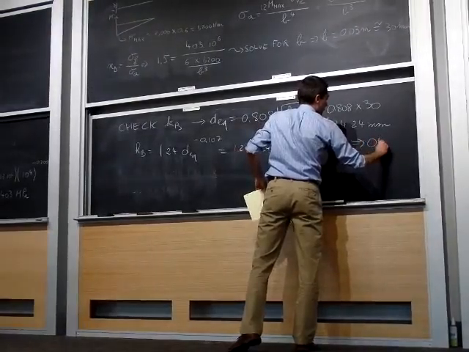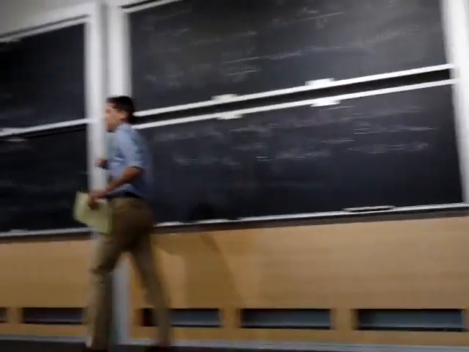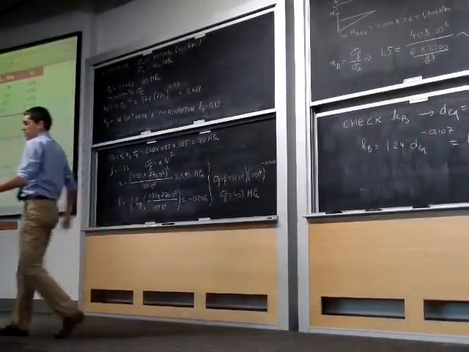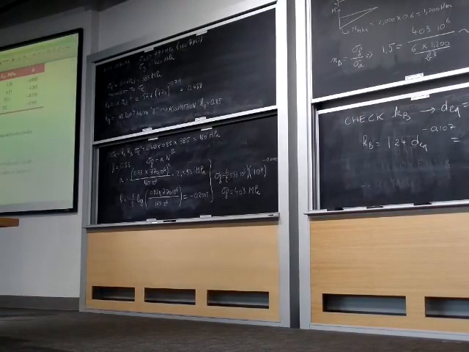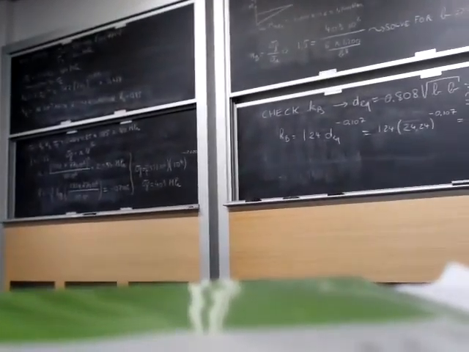If we were to find a KB value that is significantly smaller than 0.85, that means that we were not conservative enough when assuming KB. And so we have to go back to that new KB value that we found and redo our calculation. If we find something that is, say, 0.95,